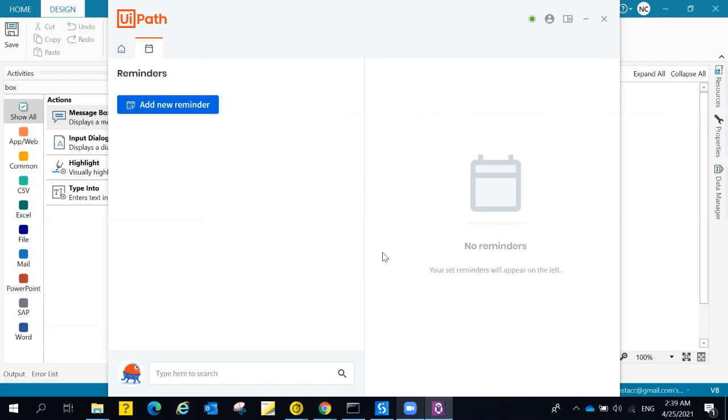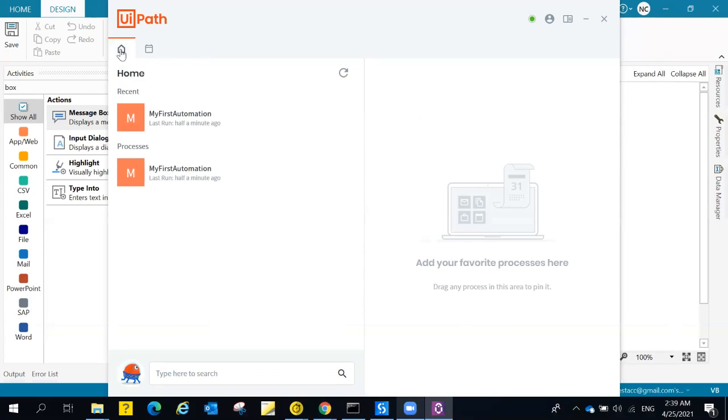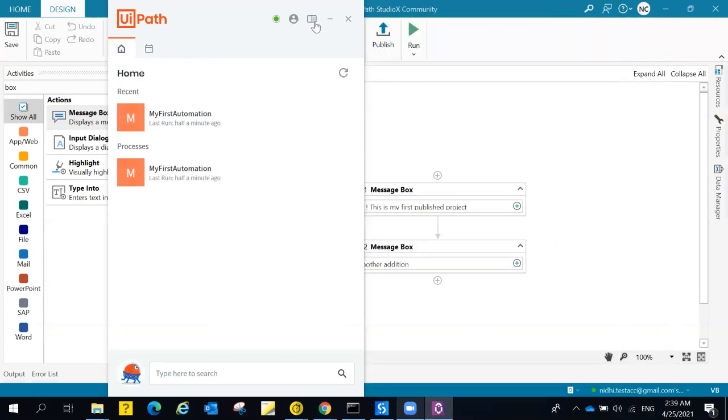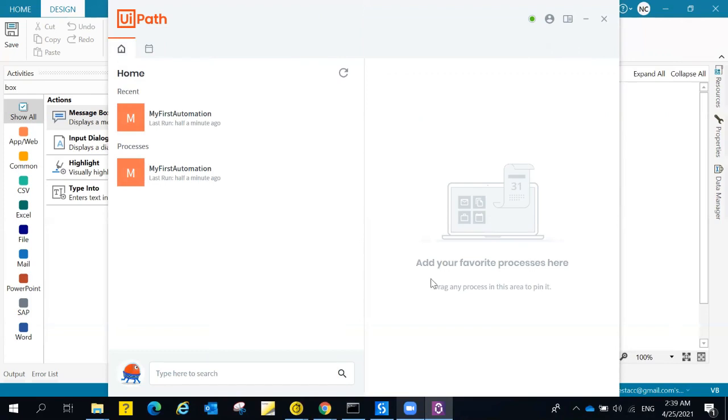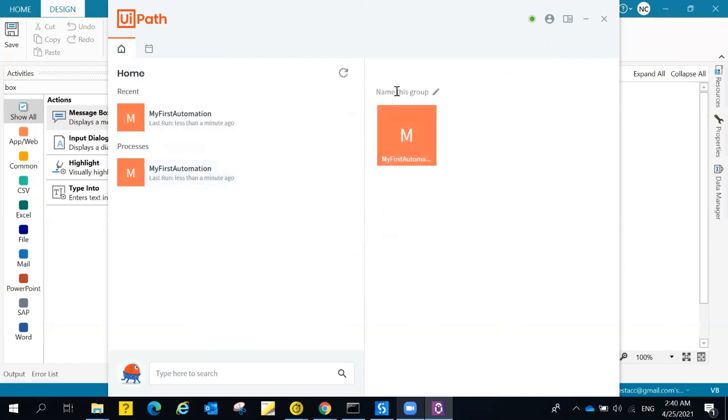Okay. So now you can see these are the features you can use from the UiPath Assistant. There are a few more. If you go back to the home and expand this, you can add your favorite processes here. This time we only have one, but suppose you are running multiple automation projects, you can pin your favorite ones here. So let's go here and pin it, and say pin to Launchpad, and then you can see it here. You can name it My Favorite, and suppose this is one from your finance department.